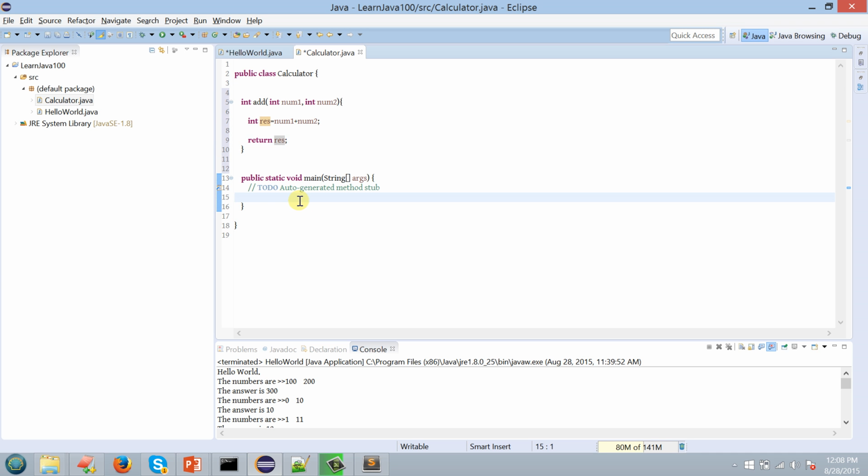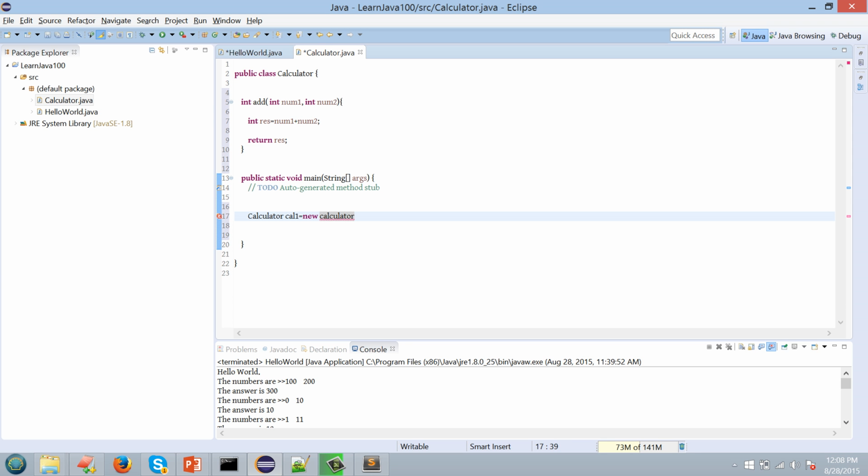So now we have to call this function. How to call this function? First of all, remember that in Java you have to create an object. How to create an object? It's similar to Swift. How you have created it in Swift, you will type var, some variable, equal to the class name and so on. I think I have taught Natraj about this. So here it's the same syntax. So Calculator cal1 equal to new